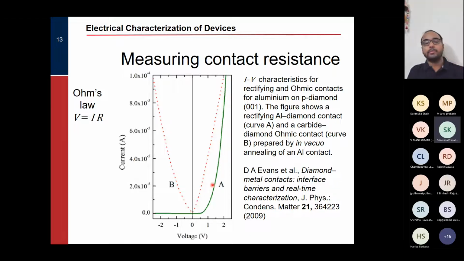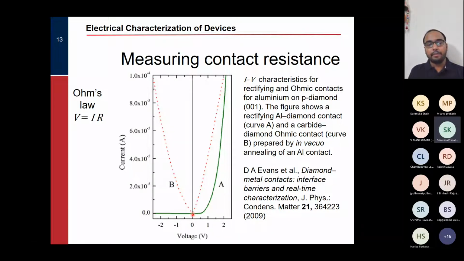Now, what is the difference between these two? Curve A has been measured under, let's say, certain normal atmospheric conditions, and curve B has been measured for the same device or same structure, but in between it has been annealed, or let's say slightly heated up. I mean, the contacts have been slightly heated up at a high temperature, and then cooled down, and then remeasured. If I look at the green curve, then I can see